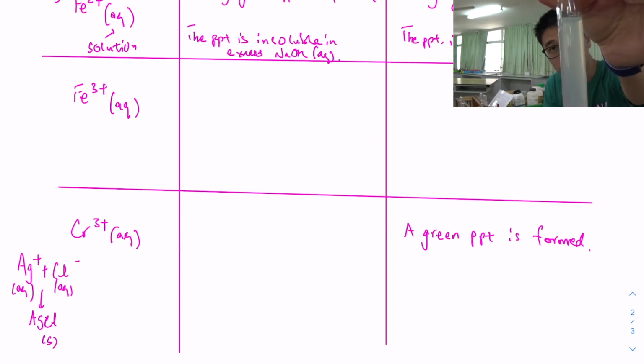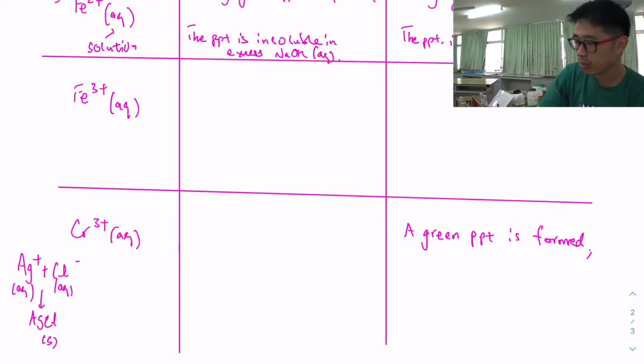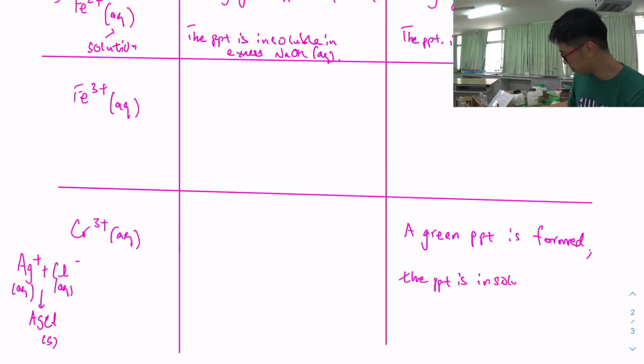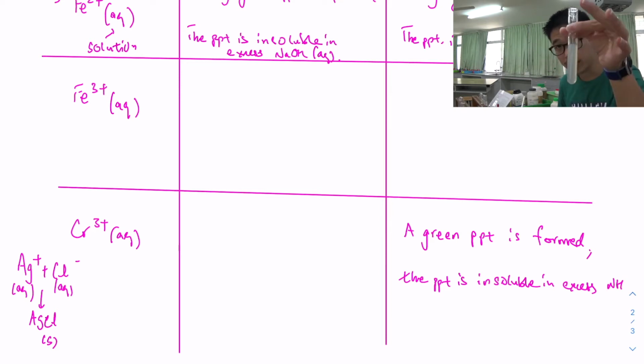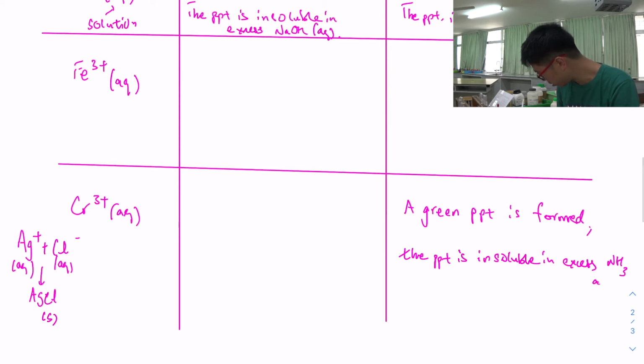Can you see through? You still cannot see my eye, right? Because it's not completely clear. I've added a large amount of excess NH3. My stuff was not very concentrated to begin with, and I already added excess ammonia. It is still insoluble. So a green precipitate is formed with chromium 3+. When I added aqueous ammonia, the precipitate is insoluble